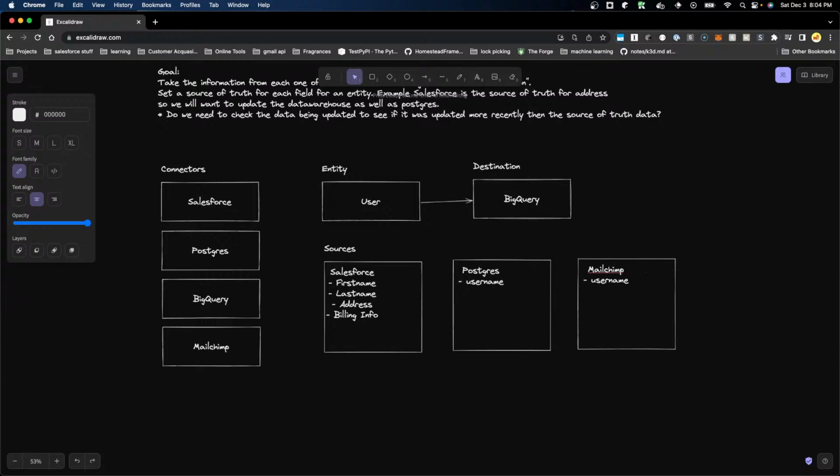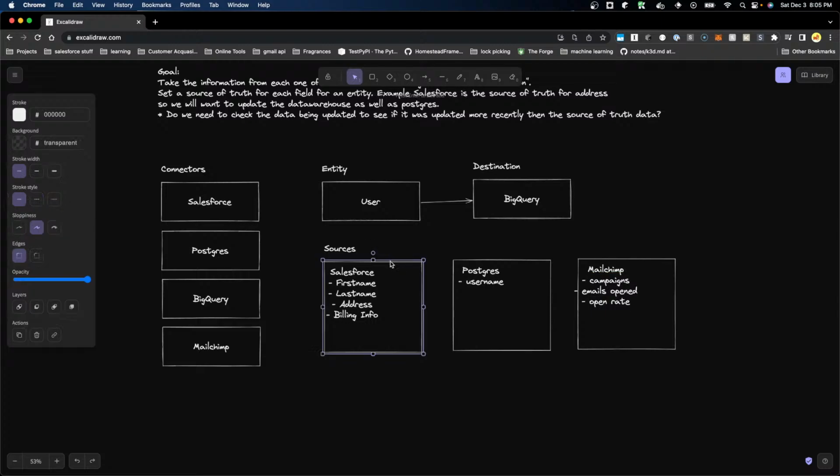MailChimp. We'll get the campaigns they're part of. You get emails opened. Rate, maybe. And then all of this info will feed